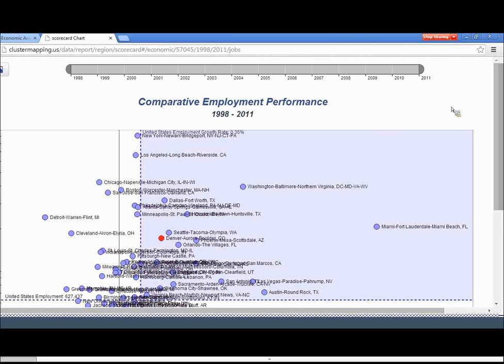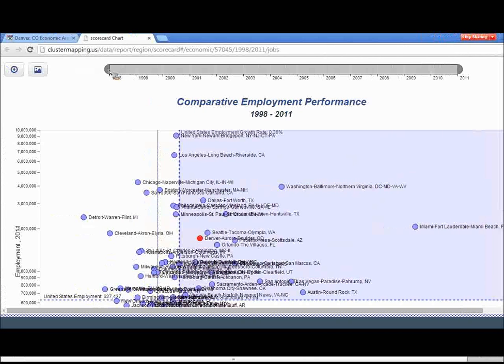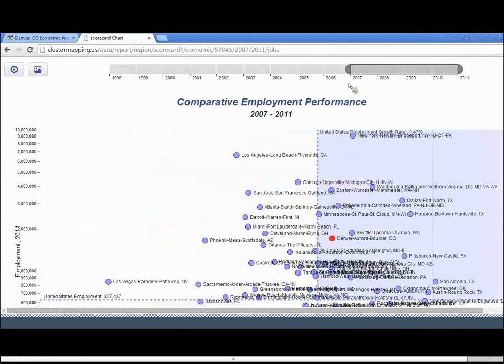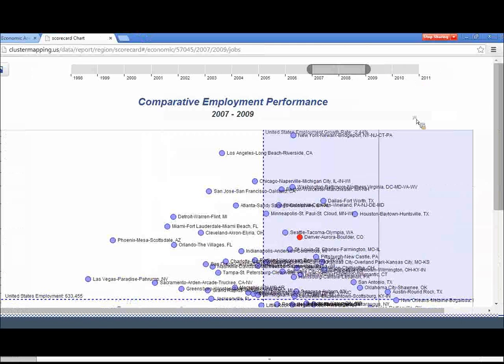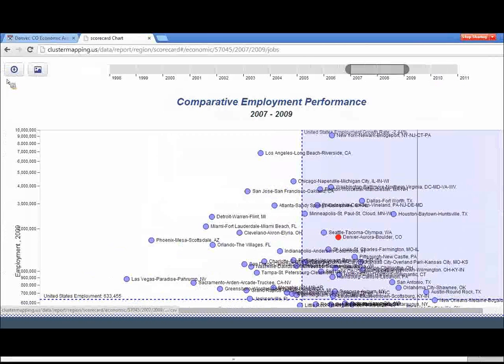The chart is defaulted to 1998 to 2011, but you can change the start and end years by hovering over 1998 or 2011 and horizontally moving the arrow resized cursor that appears. In addition, you can download an Excel spreadsheet of the data underlying the chart by clicking on the button to the far left. You can also capture an image of the chart you have customized by clicking the button next to it. Each of these charts has a unique URL that you can link to and share.